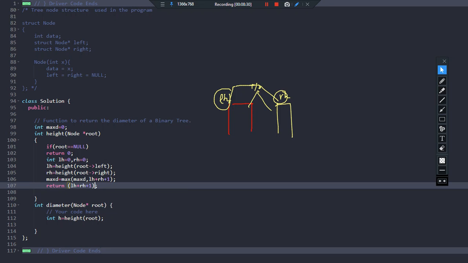This is nothing but the height function, exactly the same as the height function that we generally write. Remember the problem that we solved to find the height of a binary tree. This is the same code that we have written there. The only difference is I have just written them separately. This line I have written separately, but in that code all are combined into a single line, right?